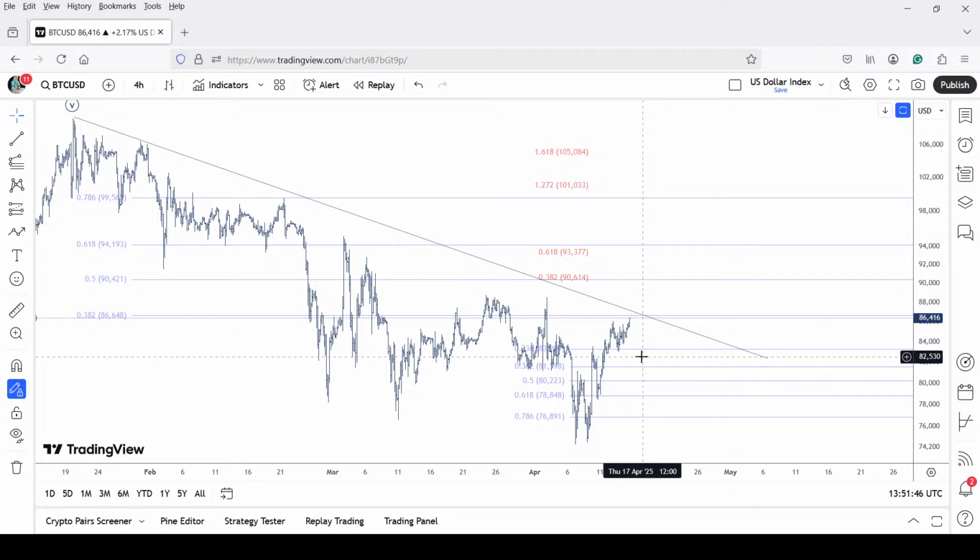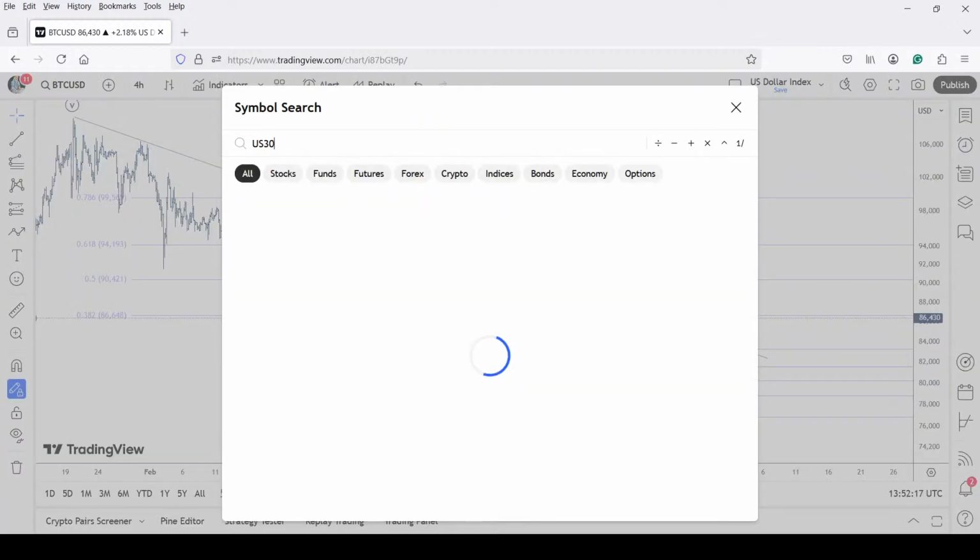If we want to go aggressive long, and there's nothing wrong in doing it because we've got the first motive structure in place, that would be somewhere around the 80 or possibly 78,000 levels. That would be a good buy entry for Bitcoin. All right. So please remain aside for a while, and then we will issue a trade call in the portal. And the US 30, the Dow Jones,